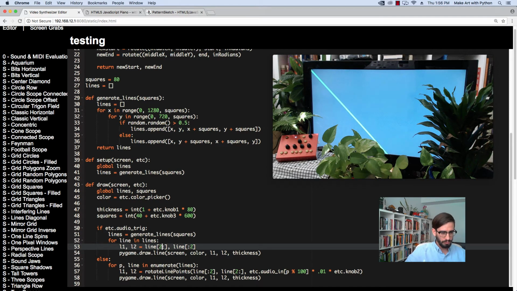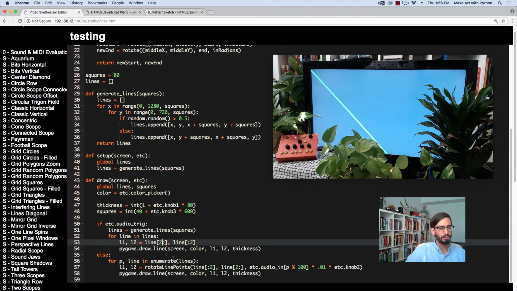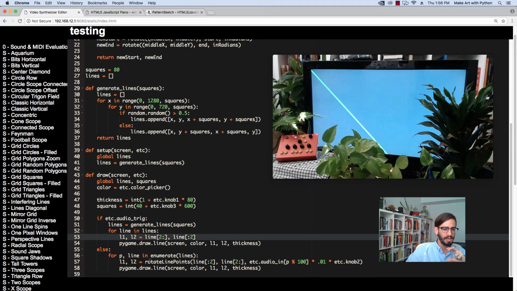All right, so if we're not doing an onset, then we're going to be doing this rotate line point function that we talked about earlier. Remember, what we're doing with rotate line point is rotating around the center of our X and Y two positions. We have a start point and an end point, and we want to take the middle point of that and rotate around it by some value. So we take each one of the lines in our line list. Depending on the size of the square, we're going to have a different number of